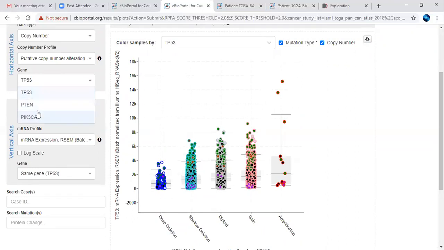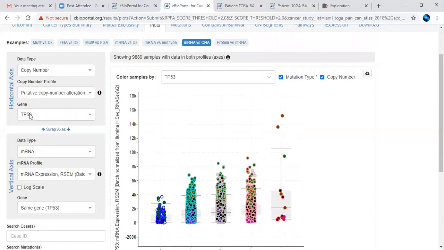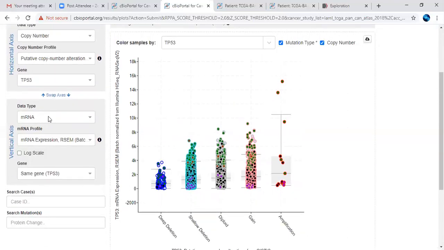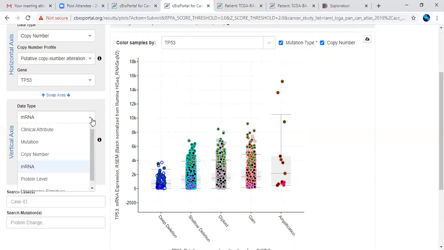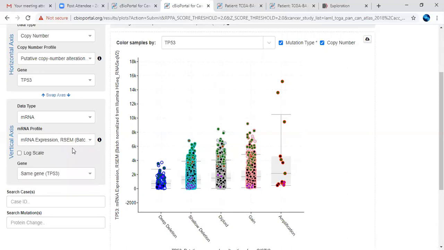Here you can see we have given only the three search interests. So based on that, they have selected the data, and they have given the drop down option in the form of only three genes. So here you can see, rather than going to change the gene, I will show you. You can change the x-axis and y-axis data based on your interest. You want only the mutation count data, you want only the mRNA or copy number of alterations or protein level change, or you want the clinical attribute. So you can use this particular drop down option, and you can again change this particular plot with respect to your search option.